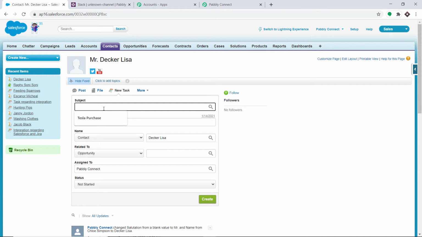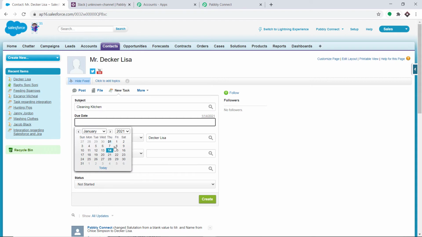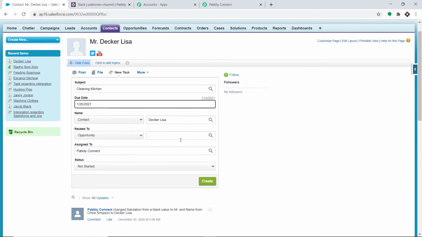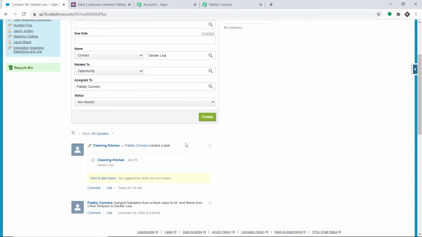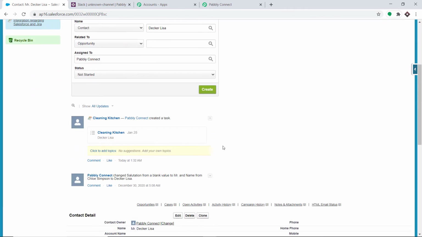The task name is cleaning kitchen. Okay, cleaning kitchen is the task assigned to Mr. Decker Lisa. Okay, and the due date I'm going to assign is on 25th. Okay, so let's create a task. Okay, so Mr. Decker has been assigned a task called cleaning kitchen.